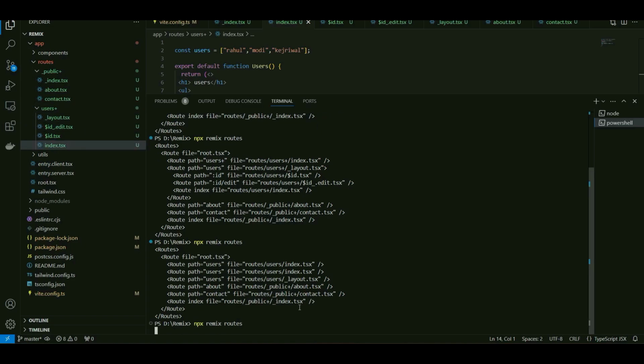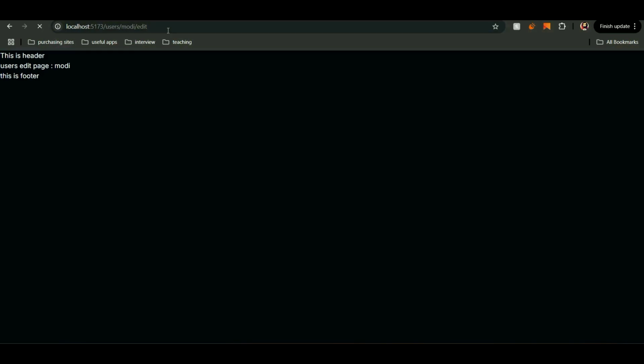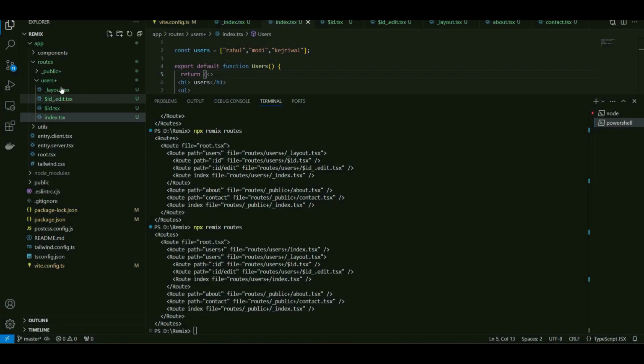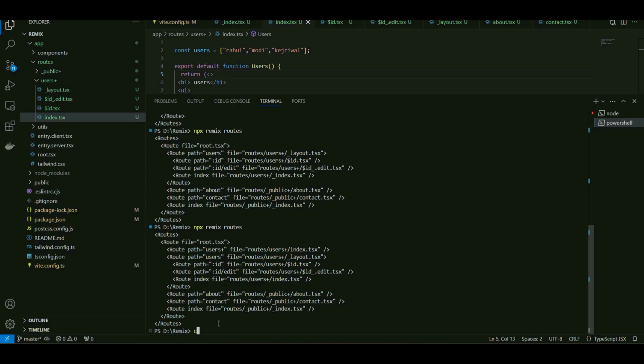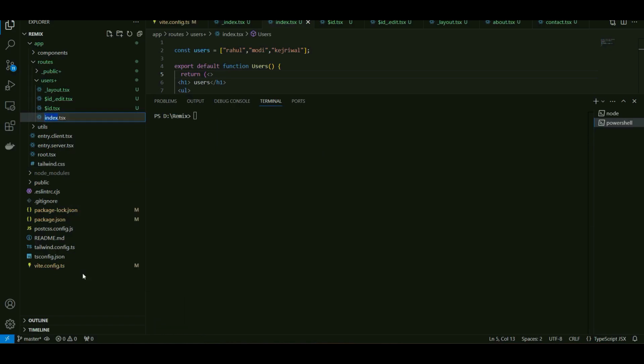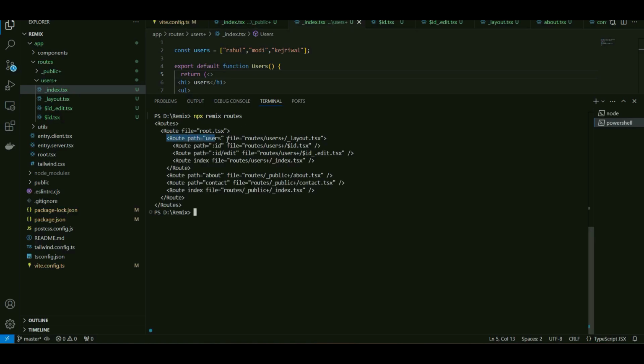Now if I run this again, you see all the routes created with their respective layout, with their respective path. And if you're creating multiple routes in a single folder, right now this is index.tsx. First let me clear everything here, and let me just name it as underscore index.tsx. Now if I see the route structure, I have users with the layout and all three routes inside the users. But if I just name it as index, not with underscore,